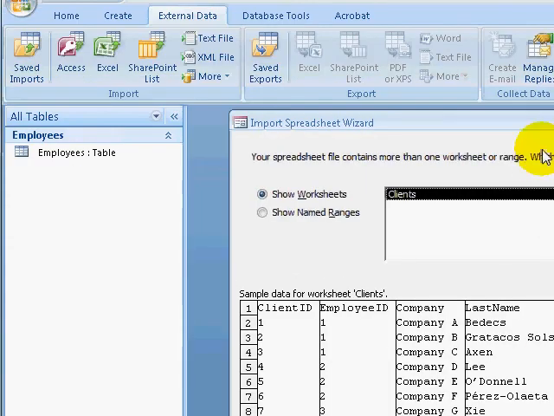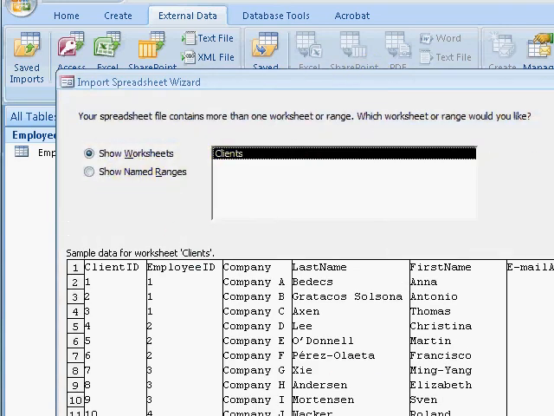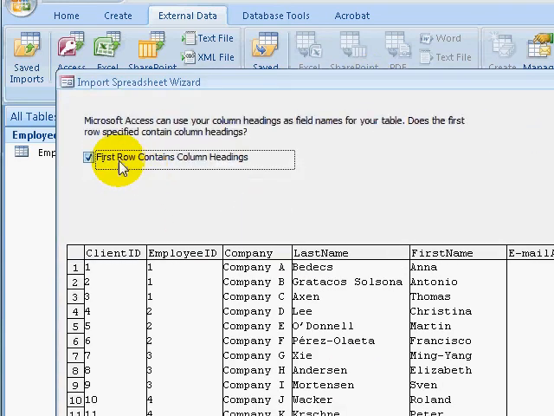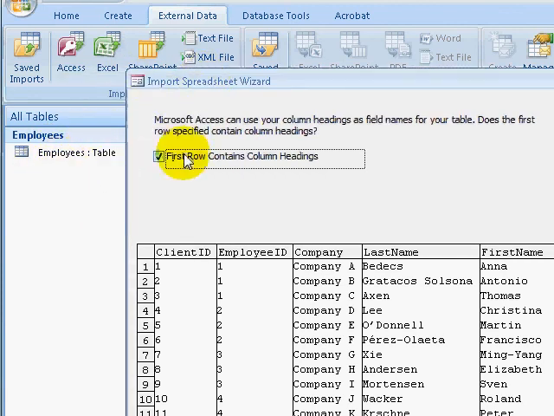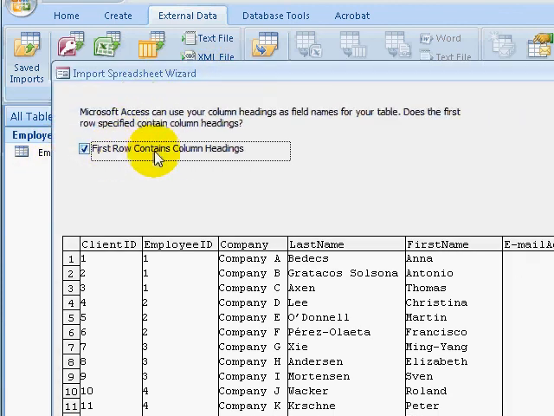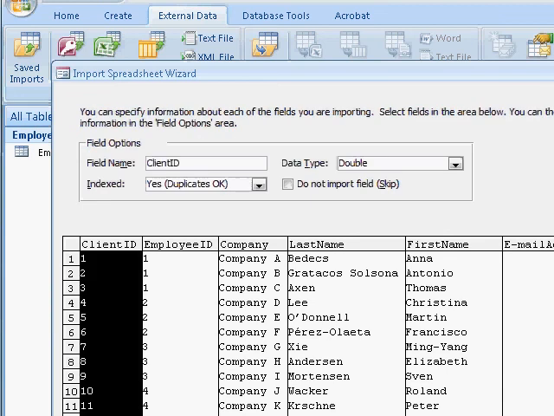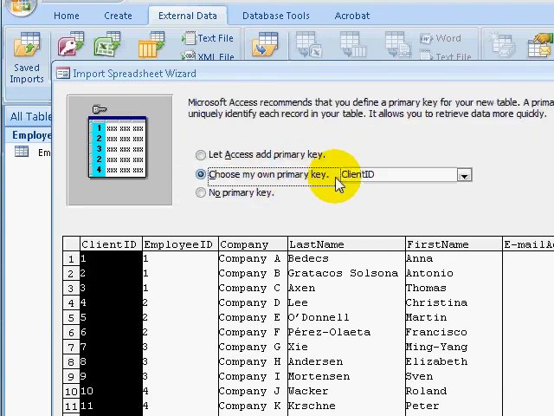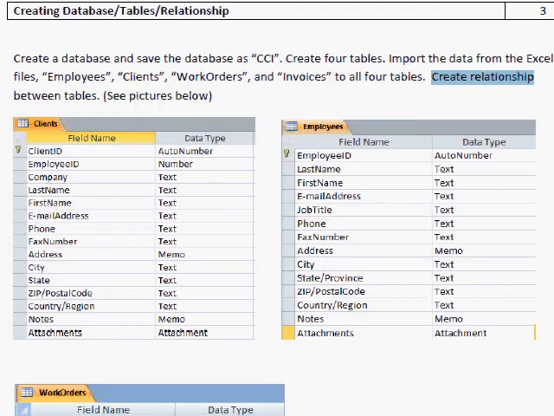Click OK, and then just follow the same steps that we performed for the employees table. So make sure you check this: first row contains column headings. Click next, and then choose my own primary key, which is the client ID. Click next. Once all these 4 tables are created, and before you create the relationship between the tables, make sure